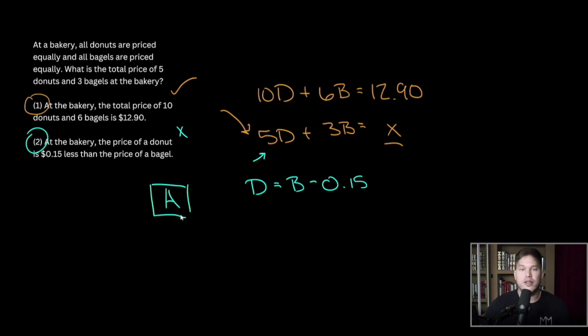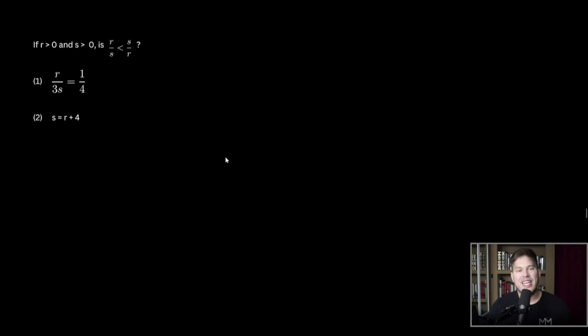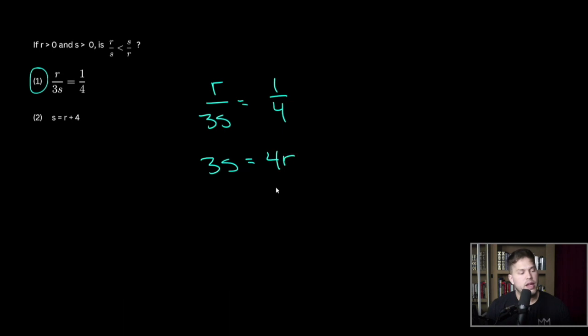Statement 1 alone is sufficient to answer this question. If r is greater than 0 and s is greater than 0, is r over s less than s over r? Well, let's look at statement 1. Statement 1 tells us that r over 3s is equal to 1/4. Okay, if we cross multiply, we can see that 3s is equal to 4r. And what does this imply? Well, this implies that s must be